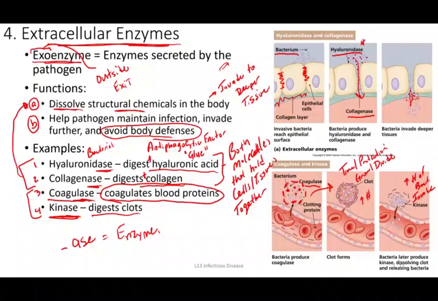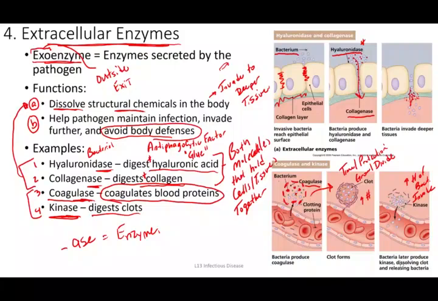Just think in terms of pure number in armies. If you have a large army, that goes a long way in helping win a war, or at least winning a battle of a war. And so that infusion of an increased number of bacteria can be an important part of explaining why you might get a clinical manifestation. So these are all enzymes, as evidenced by their ASE ending, and they have different effects.